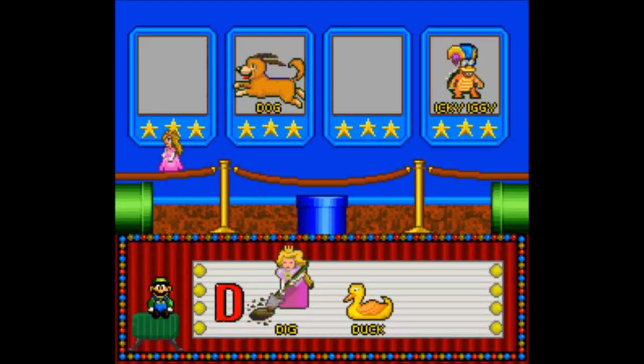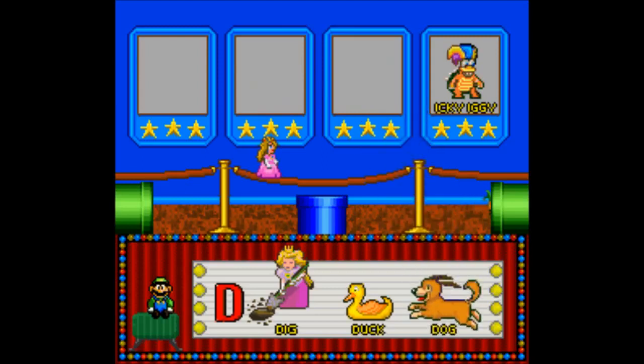You picked duck that starts with D. Duck. Choose a word that starts with the letter D. Super. You chose dog that starts with D. Dog.